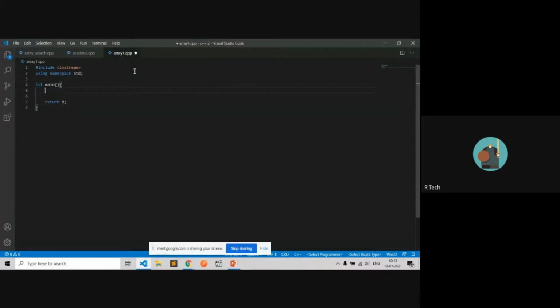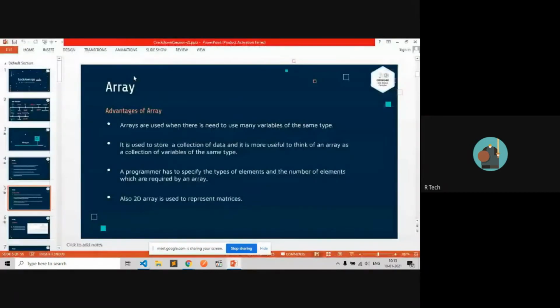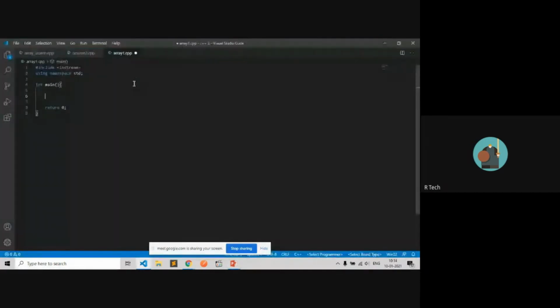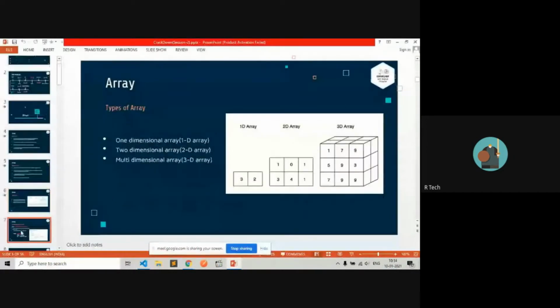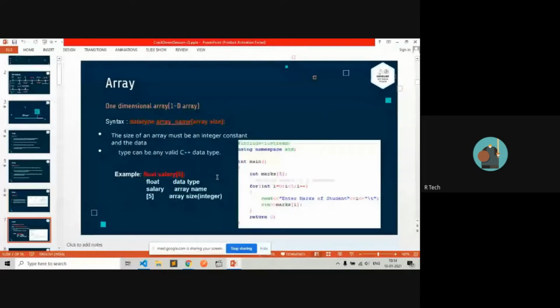So what is the structure of an array? How can we declare an array? Let's check our program. To declare an array, we must first specify the type, then the variable name, and then the size of the array, how many elements there will be, to store the same kind of data. So first we have declared marks as a variable. Then in a loop we gather information from the user, and it will print the data the user has entered.